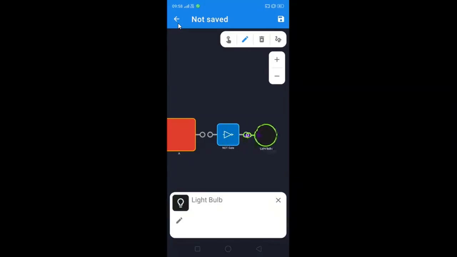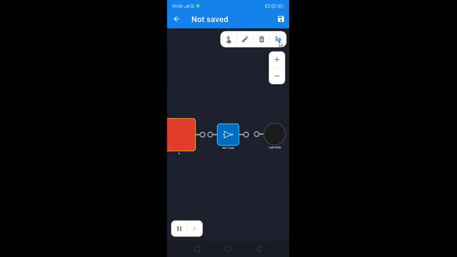Again perform a drag and drop operation. Just move that light bulb to an appropriate position. We want the light bulb on the output side of the NOT gate. So now I can say that all components required in order to perform simulation of the NOT gate have been added here. Now the next step is to make the connection. In order to make a connection you should click on this particular symbol. Here at the last you can see one symbol. Okay, click on that symbol.